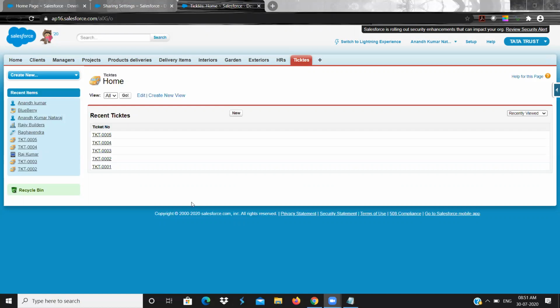Yeah, sorry guys. Now my organization is telling me we want to enable role for this ticket object. We want to restrict the access based on the user.